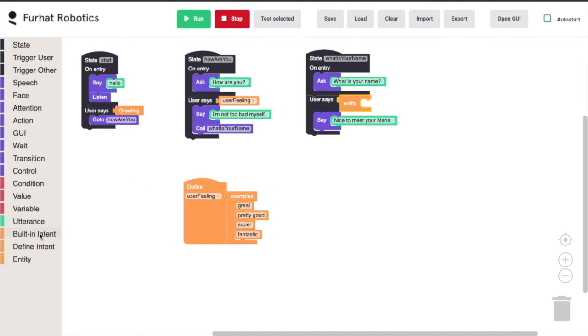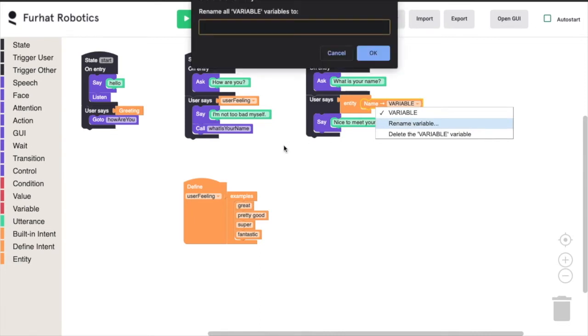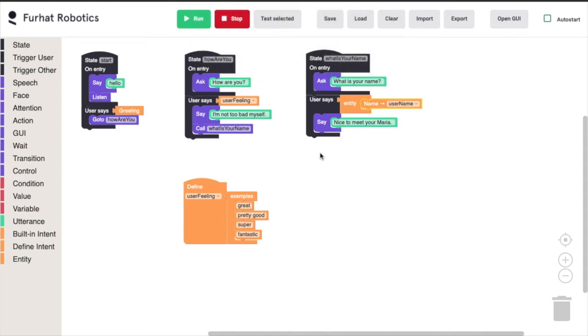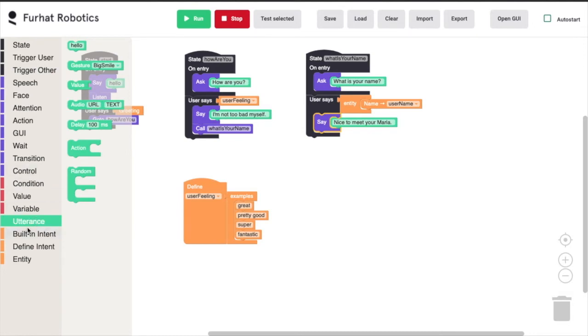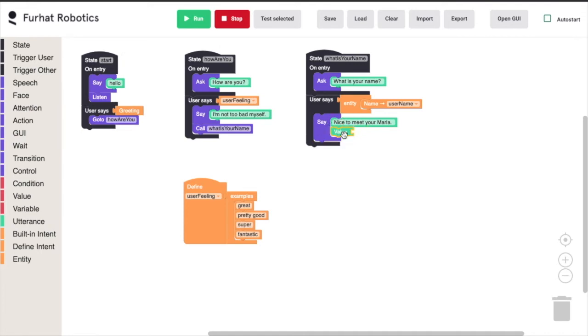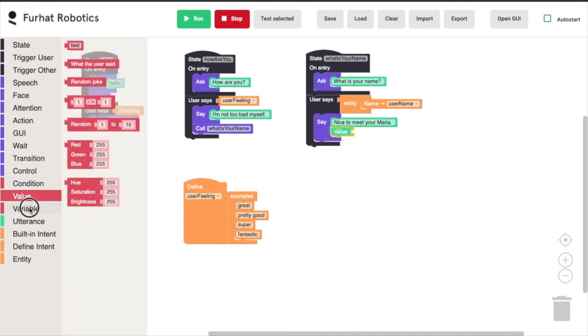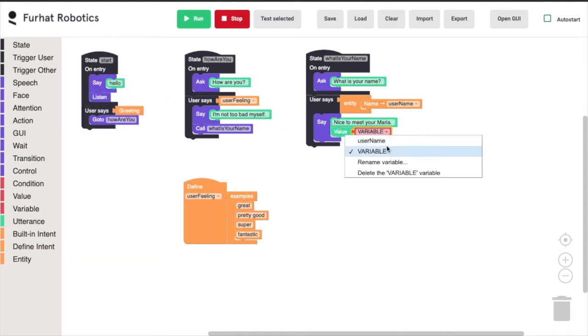I mentioned we have a built-in entity for this, the name here, that consists of a list of the 100 or so most common English names. We can make sure that we call this name, this variable, username. So whatever the user says here, that name will then be stored on a variable that is called username. And we can then use that variable to repeat the name back. So in the utterance block here, we can add a value, and in the value we can attach a variable, and we can select that variable to be the username. So we'll remove Maria here,